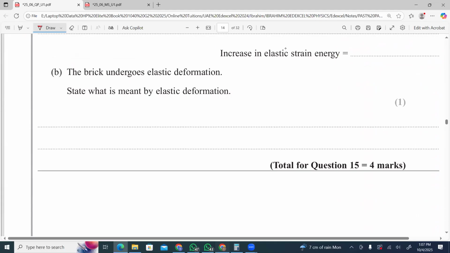The brick undergoes elastic deformation. State what is meant by elastic deformation. Elastic deformation means an object can